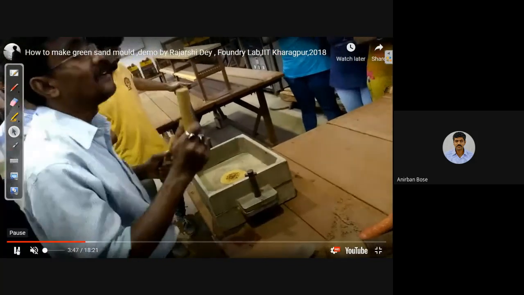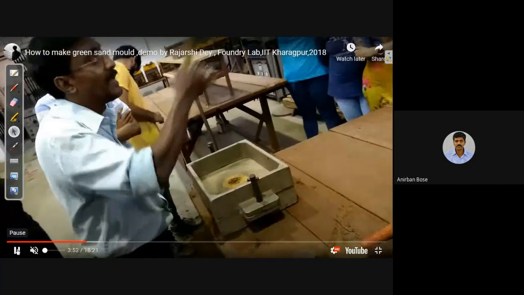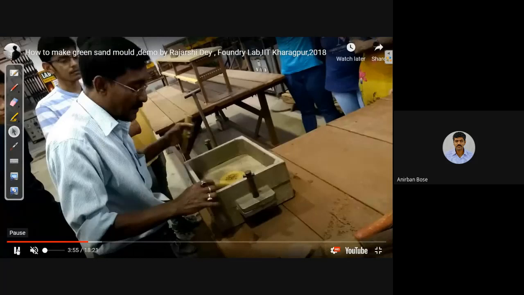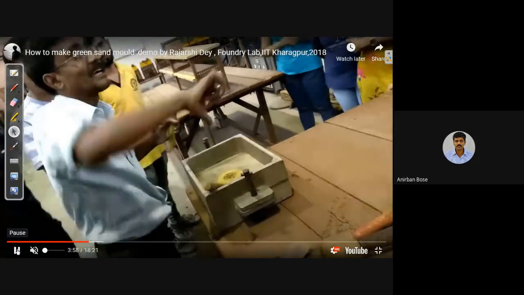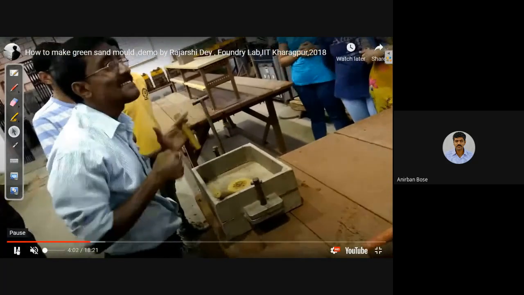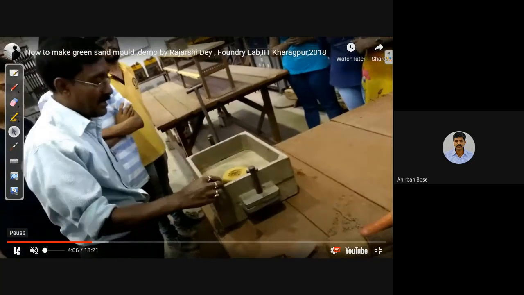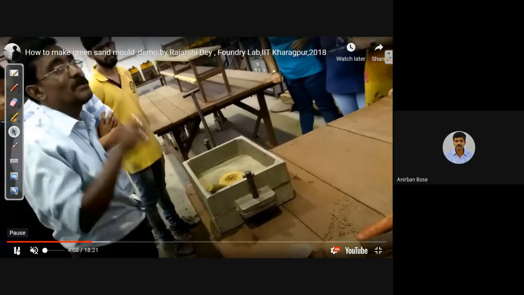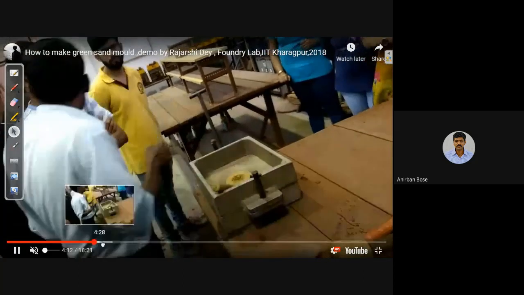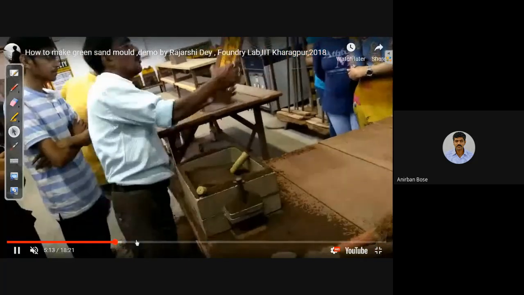The riser pin is basically used when the complete mold cavity is filled with the molten metal, then the excess metal will gradually rise in that riser cavity. And the sprue pin, you can understand, is used to pour the molten metal through the sprue. And you see how these are actually used.